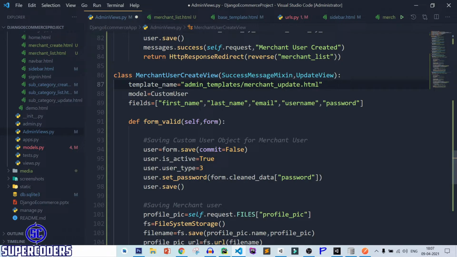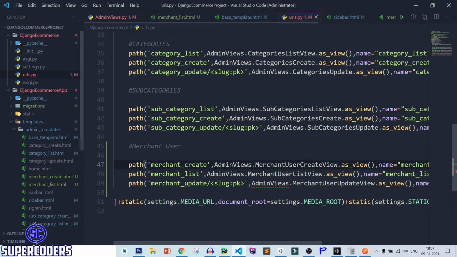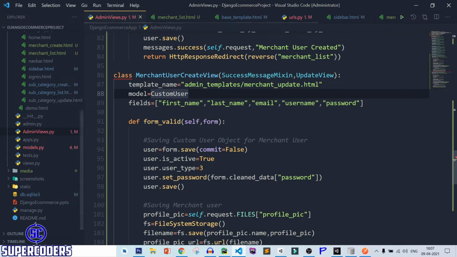After that change it to update view and change create to update.html, custom user, and everything is perfect. So after that change this class name to merchant update view, paste it, save it. Let's create this template merchant update.